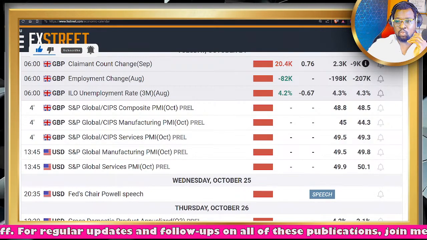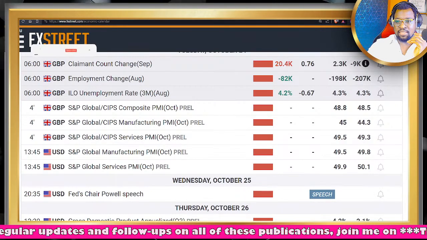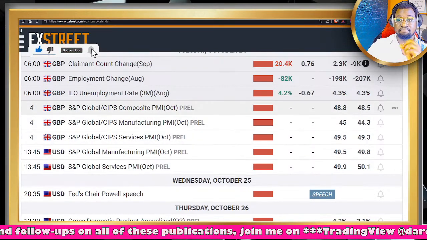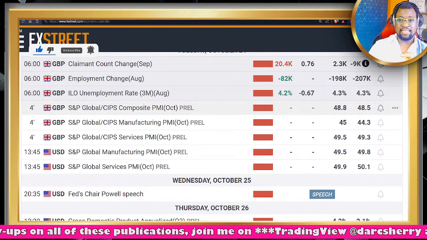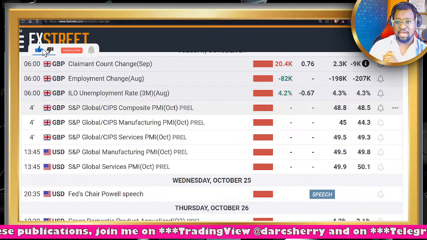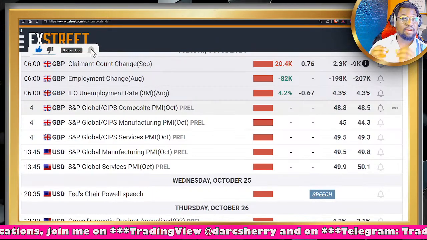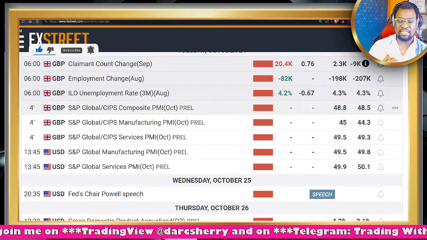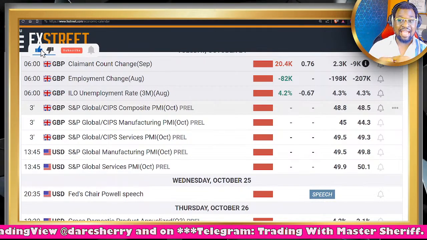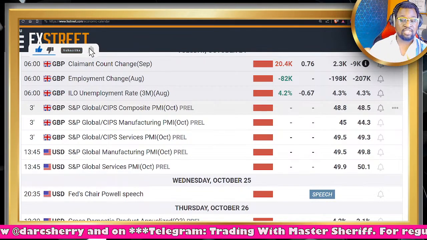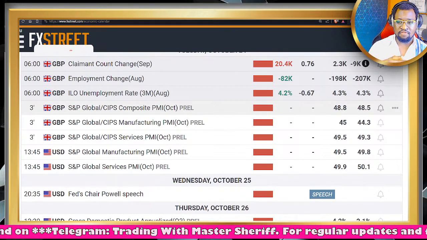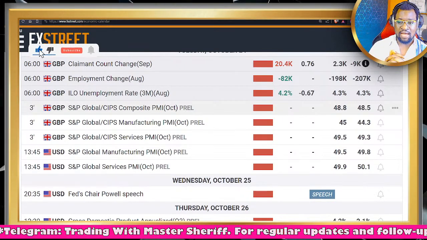Then we're also going to be witnessing the S&P Global Manufacturing PMI, both from the United States and the United Kingdom today. So the S&P will be doing publications on this one. And the manufacturing PMI indicates the health of the manufacturing sector of both economies. Generally speaking, a high reading suggests expanding economic activity, which in the long term has a positive effect on the currency of that economy.